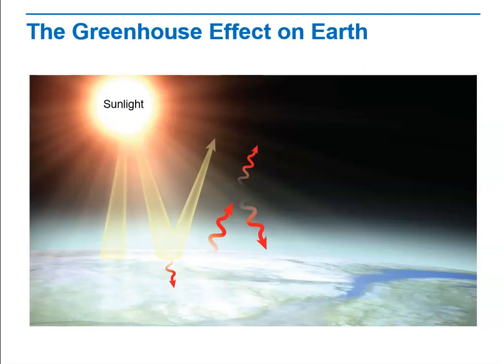Let's consider how the greenhouse effect works on Earth. Radiation comes from the sun to Earth's atmosphere. We cannot actually feel the heat from the sun. The heat from the sun does not transfer very well through space at this distance. So what we feel is not the heat from the sun.